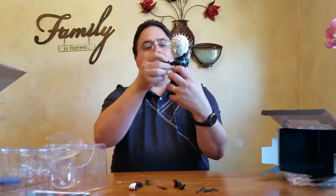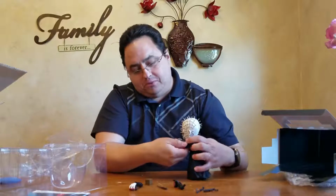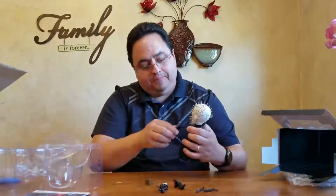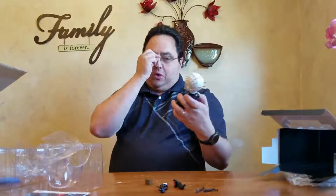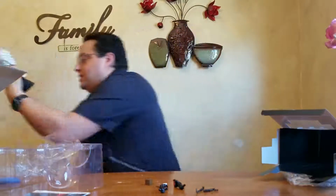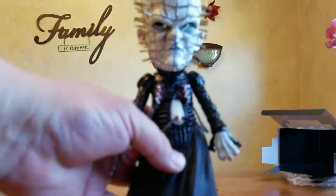Now, let's go ahead and take a look at how this is set up. I'm going to put both of his straight arms on for the moment, and then we'll take a look at the detail on him. So I'm going to come around real quick so I can get a close-up and show you, but it's got some nice detail on it. It's got...